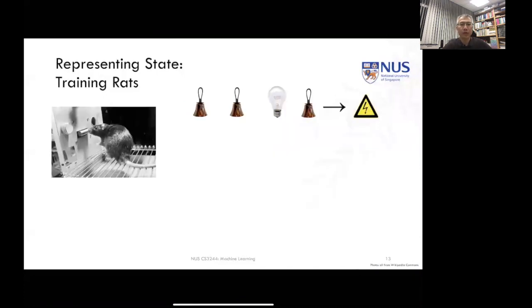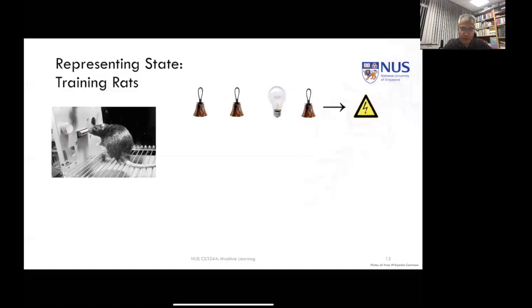So it helps to try to make this a little bit more concrete. Let's take the case of training rats, laboratory rats, right? A laboratory rat might need to press a switch to turn a light on or ring a bell, for example. And after doing that, might get some type of reward through this slit here. Could be some food or some penalty in terms of electric shock, okay? So let's say the rat is trying to be trained and there are some actions it could take. If, for example, it could ring a bell,